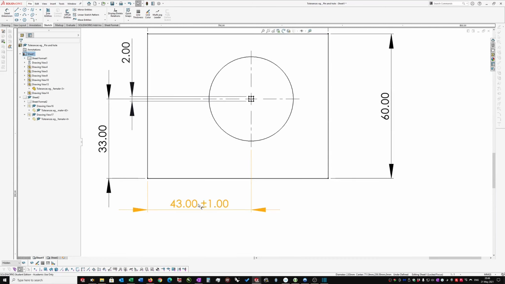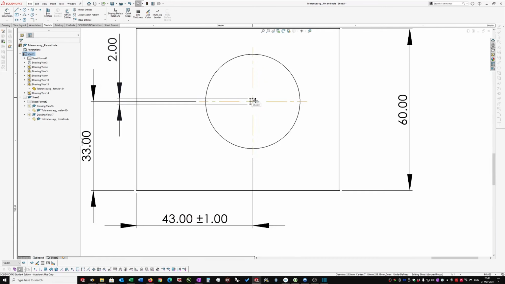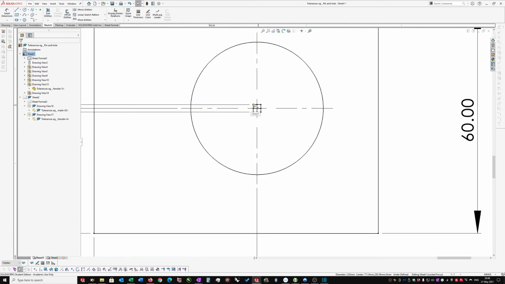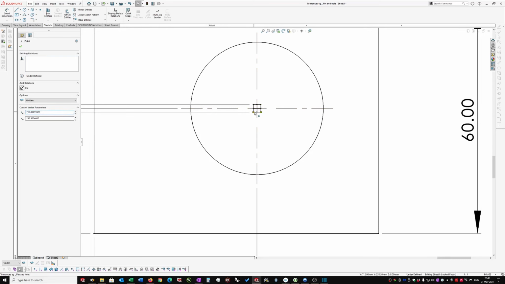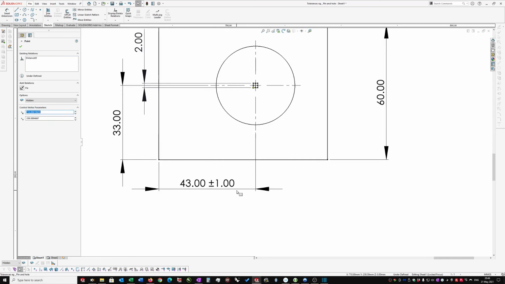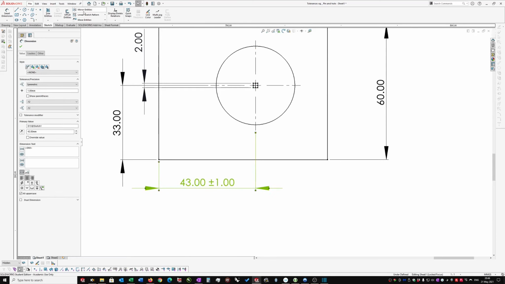So that would be, if I had 43 plus or minus 1 and 33 plus or minus 1, I'd get a zone which was 2 millimeters square. So the limits of the zone would be these 4 corners of this square. So if I'm now going to apply a position